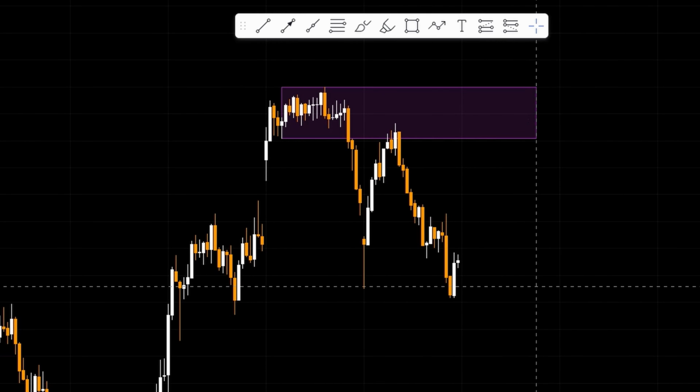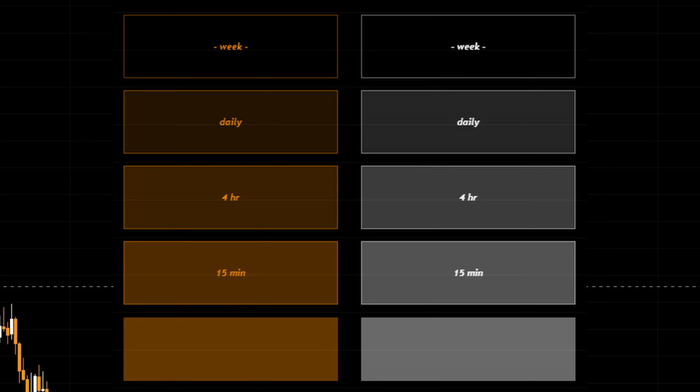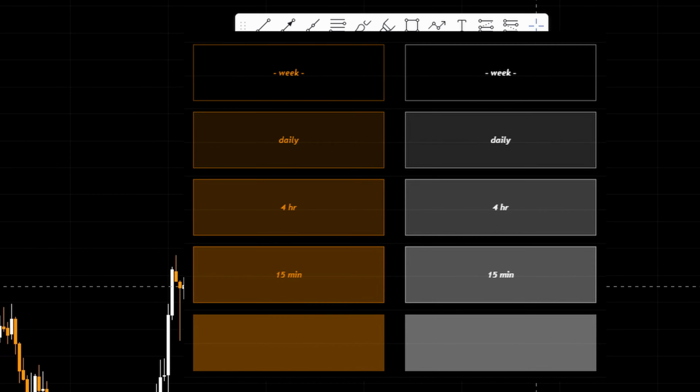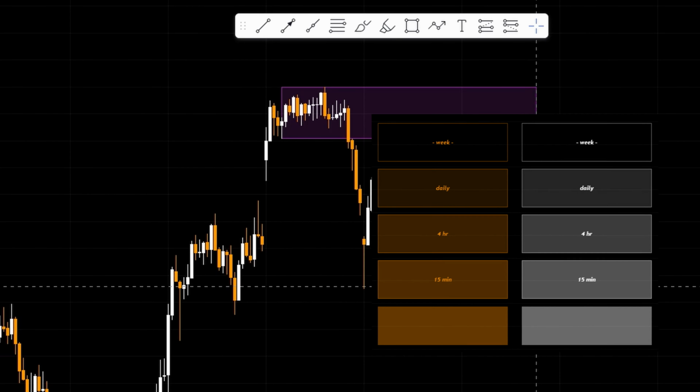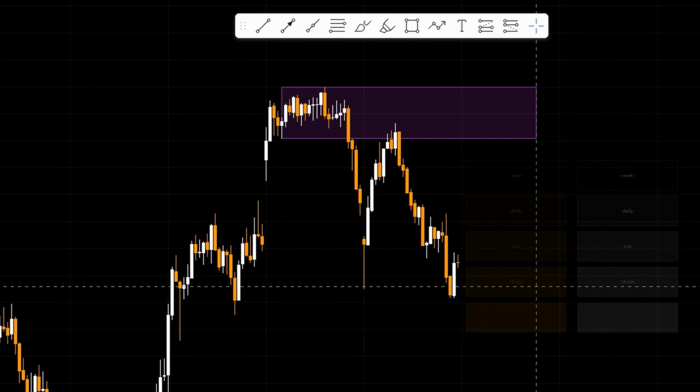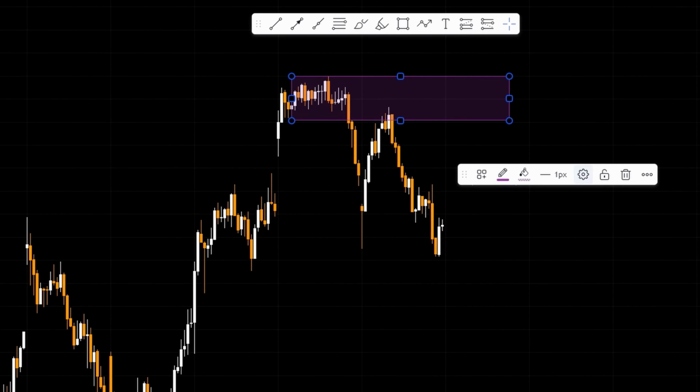I can also send the color combination of this supply demand in the Telegram channel. So I will send the PowerPoint and the color code and the opacity that is required in 15 minute, 4 hour, 1 day and 1 minute time frame. I will send it to you. Before I go into the color combination,